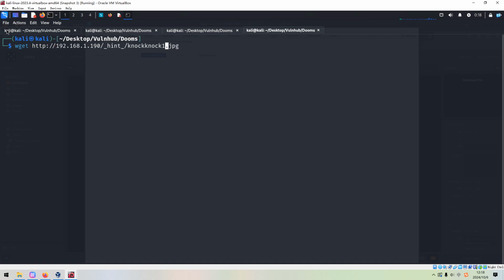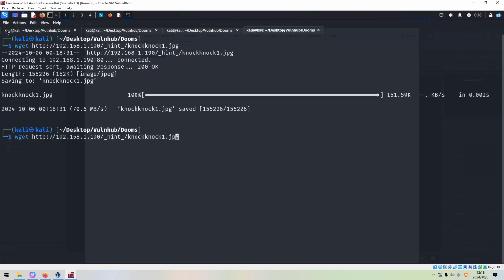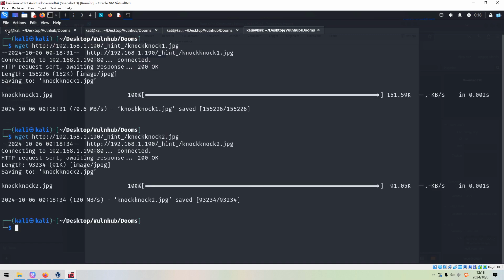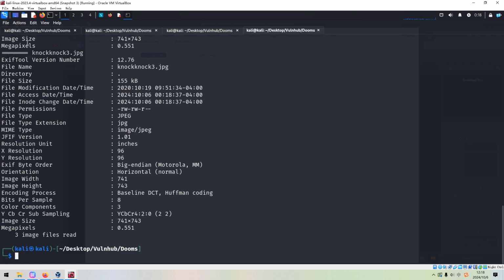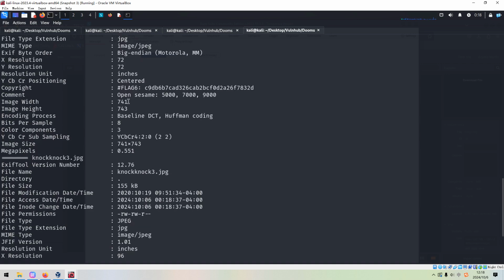We can get the first picture, second picture. Then we need to use some tools, for example, like exiftool. These can print out the metadata of files or pictures. And then I think we can get the next flag.